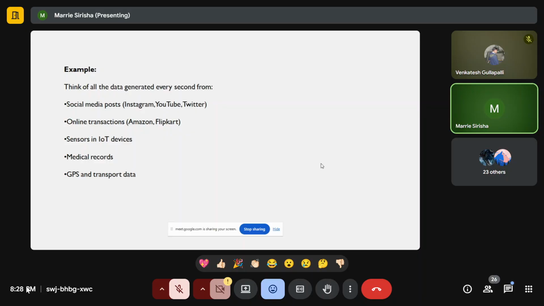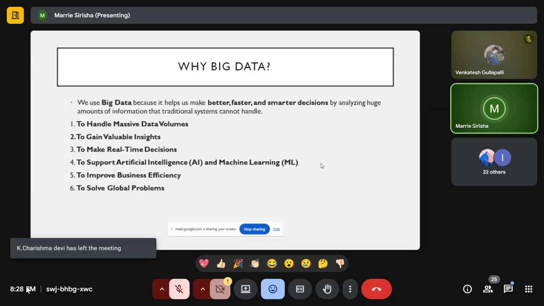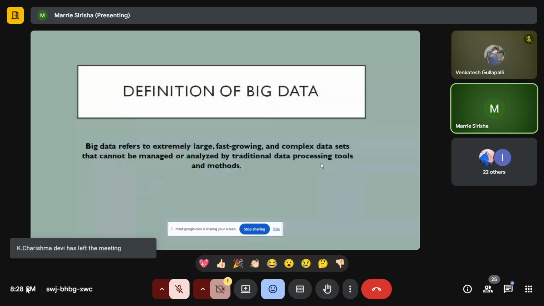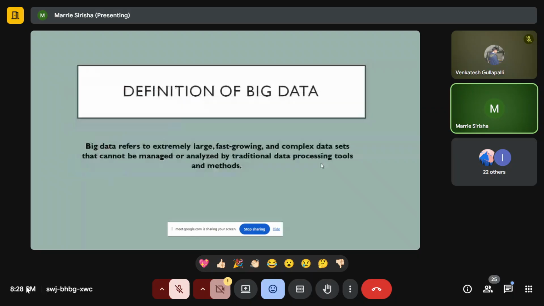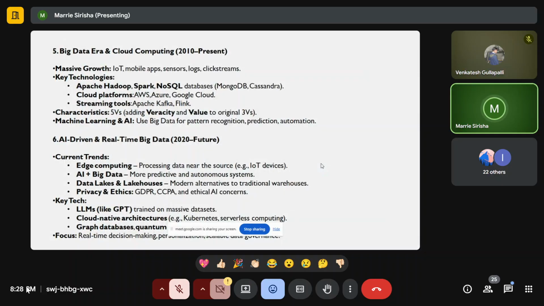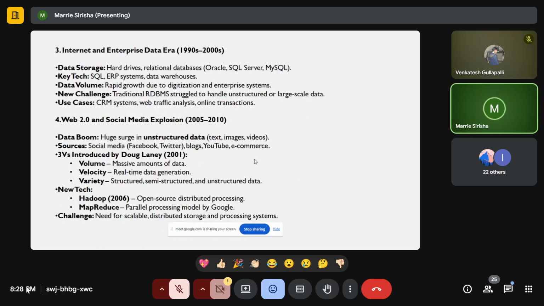Next, we are discussing about, before that, I have to tell you, as I told you, the five characteristics, right? You should be aware of these five characteristics. That is volume, velocity. This is the three V's: volume, velocity, variety,